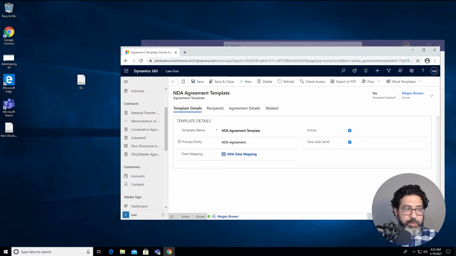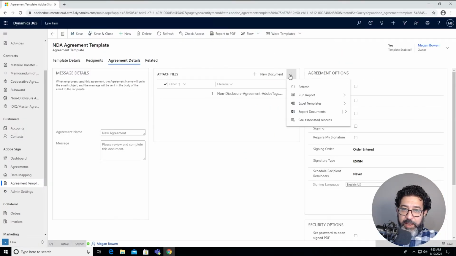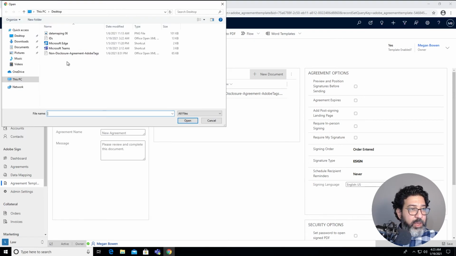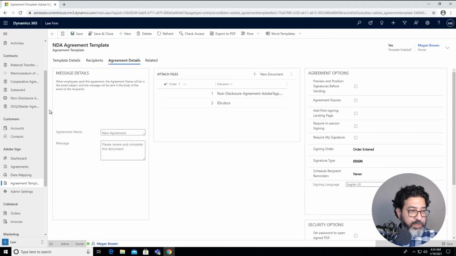I've seen in many companies that their document has different schedules that are included in the document, and in here we can see that we have only one document, that we can add another document as we saw, the Word document. It includes the IDs as well.